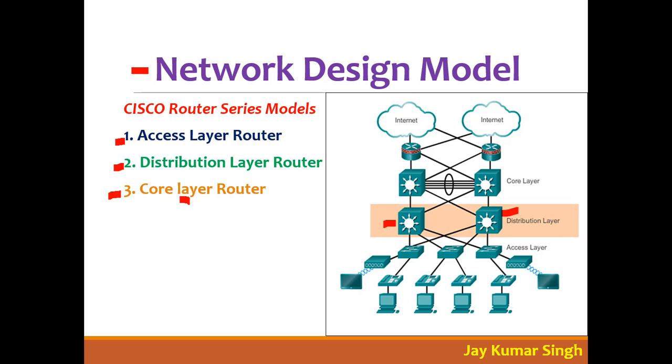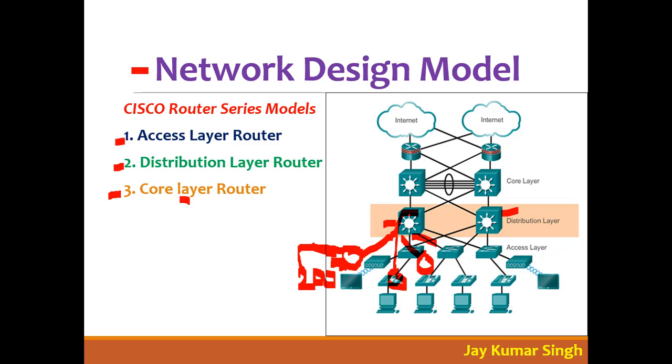In Serekunda you have one distribution layer router or switch, and here you have one distribution layer device, for example. And in Fazara you have many companies who want an internet connection from you. So they can connect like this. Now see how it is working. Suppose I have a router here. This is the IST router, this is your company router, this is this company's router. IST has many users, right? So IST has maybe, I think, 200 users. So these 200 requests are coming to this router, and it is able to handle only 200 requests, right?